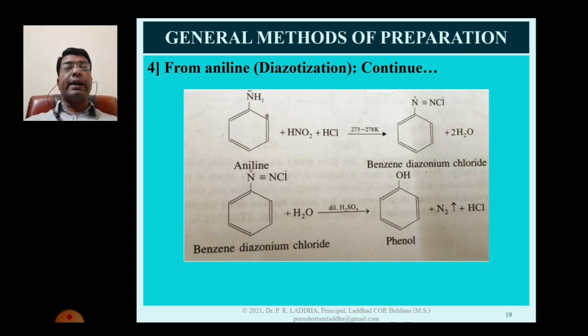Actually, we can couple this diazonium salt with various different reagents, and we can produce different products by using this diazonium salt. Hence, the diazonium salt has a vast synthetic utility. So that topic is also included in our next unit, that is aromatic amines, synthetic utility or synthetic applications of diazonium salt. Here how phenol can be obtained from aniline via that diazotization reaction, that can be studied.